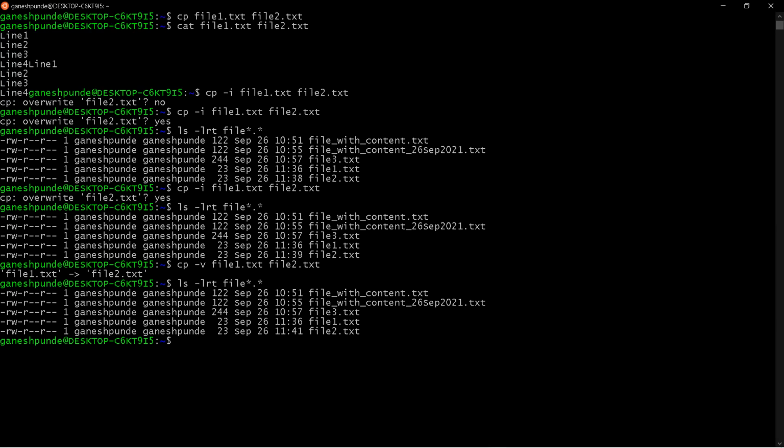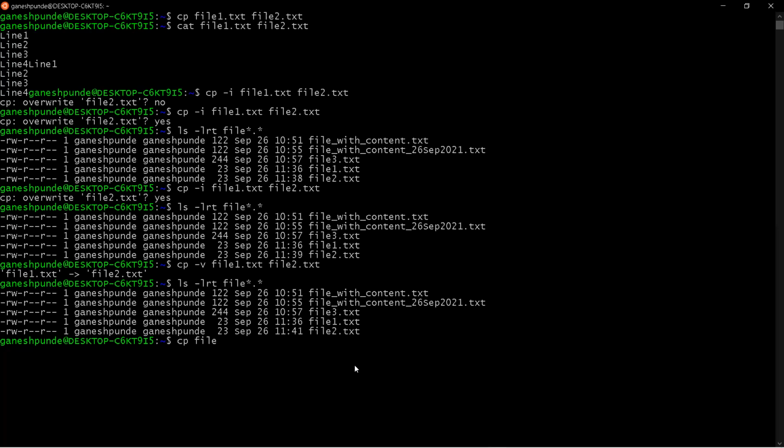So this is about the copying command, right? Now sometimes what you need, right? You want to copy multiple files. Now you have file1, file2, and file3, right? And you want to copy those files into some output folder. Okay. So how can you do that? You can say cp, right?